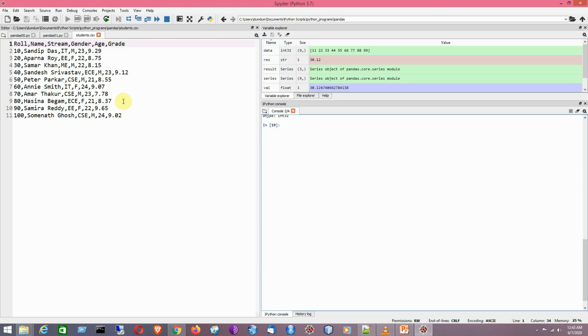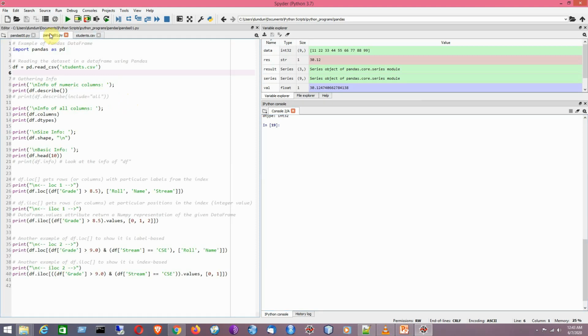Now I'll first try to read the data set from my hard disk, and it should be stored in a data frame using pandas, which is used for storing multidimensional data structures.